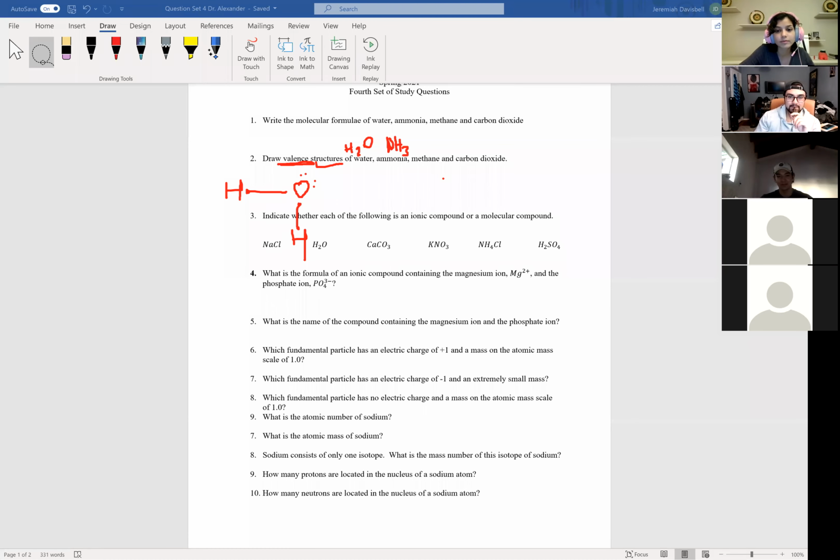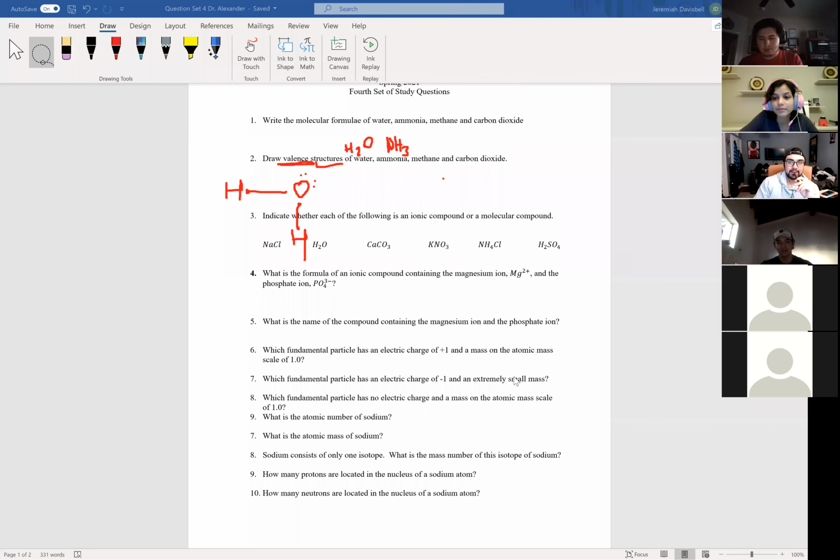Because hydrogen wants to give and oxygen wants to gain. Exactly, right? Since they're sharing now, how many electrons does oxygen have in its last shell? Since they're sharing, it would be 8, right? And does everybody know how many electrons any element needs in its last shell to be stable? 8, right? That's why you have 8 in total, and that's how water looks, okay? Does anybody have any questions?